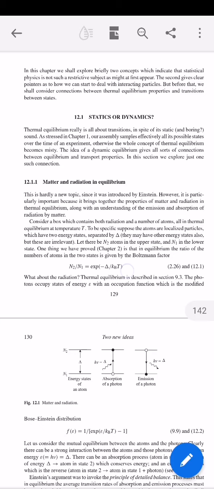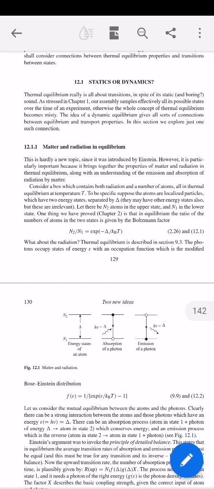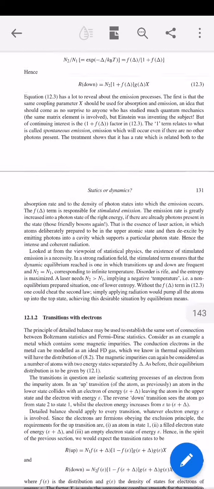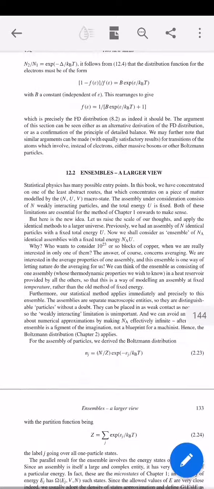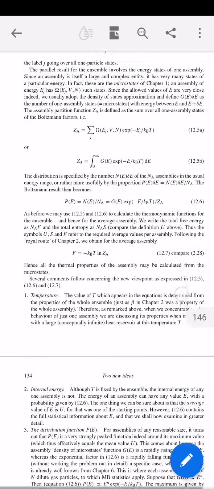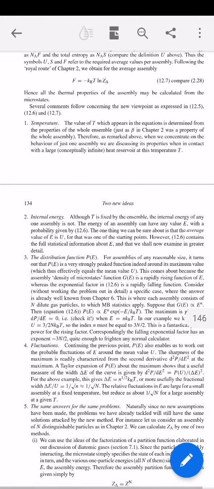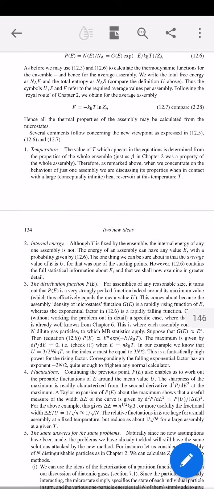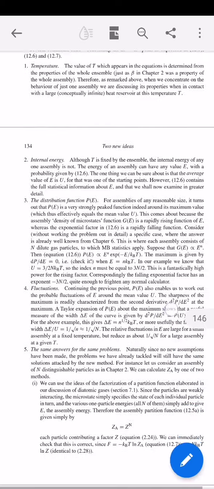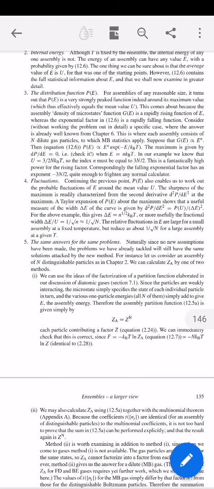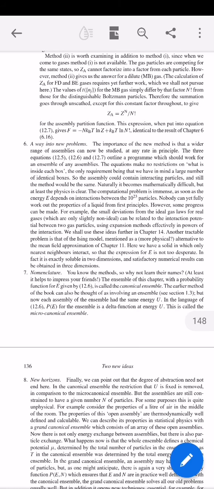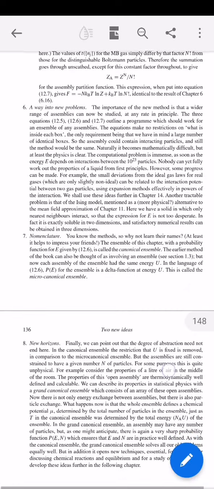So this one is the typical formula that I used to play with in A levels. Transitions with electrons, ensembles, ensemble again. So here, is it the summary? No, that's not the summary. So it defines temperature, internal energy, distribution function, fluctuations, that's the flux. And then that's that. And a bit of coaching on number 6, how to answer questions, problem solving skills. And then a bit of guidance on nomenclature.